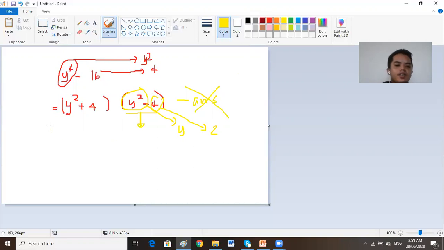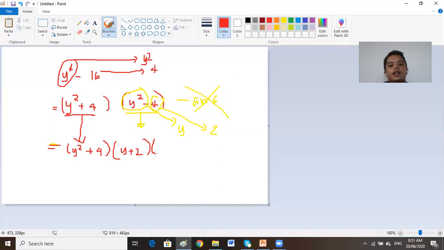So therefore, the answer is, you just copy this one: the quantity y squared plus 4, and then this one, y plus 2